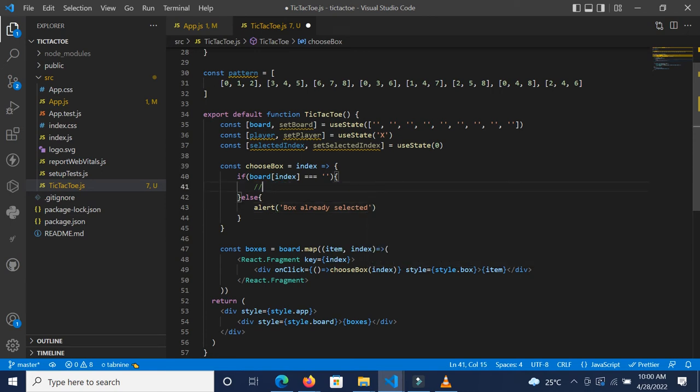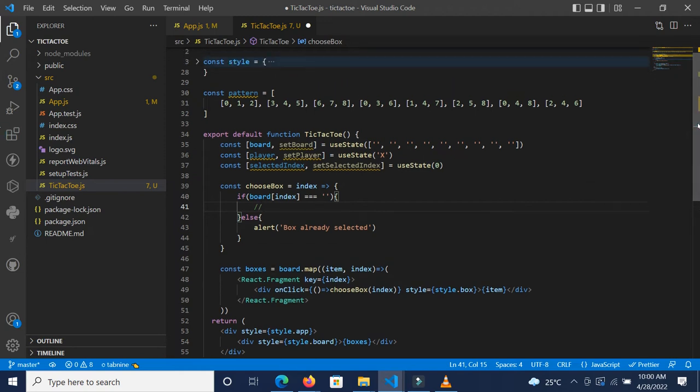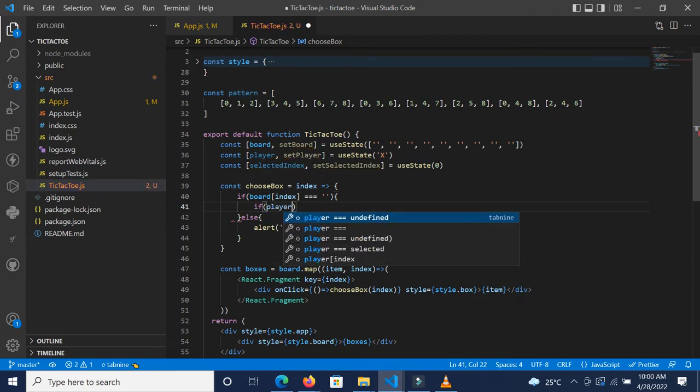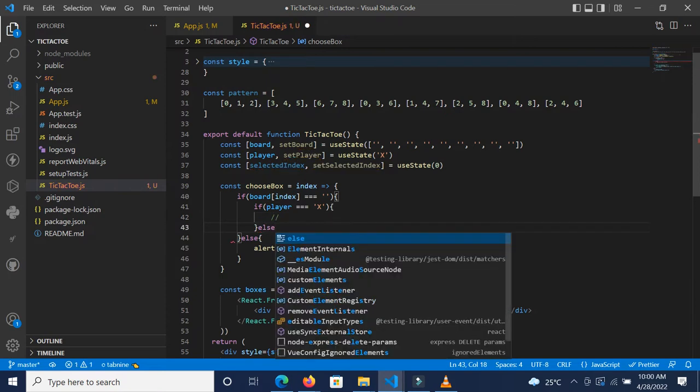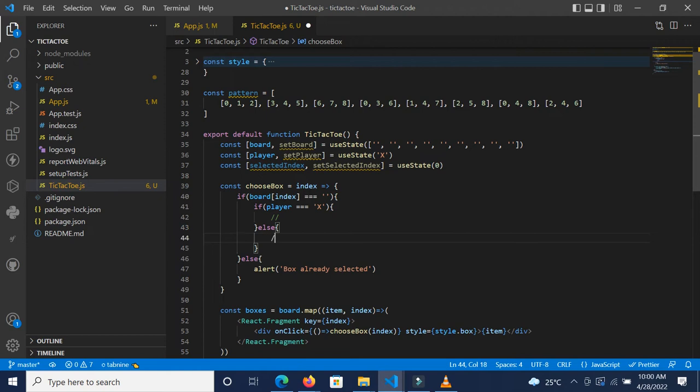Down in here, now that we know this box is not selected, we can now assign our player. First things first, let's check if the current player is equal to, for instance, X. We want to do something different, else we want to do something different. So if the current player is X,